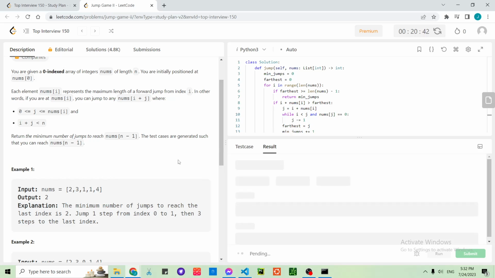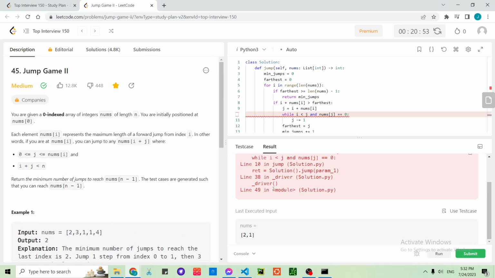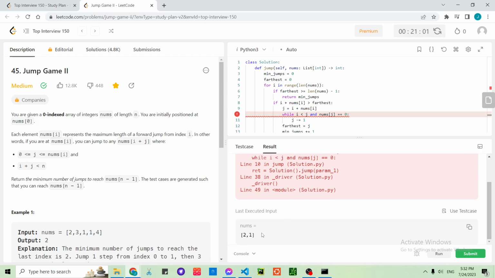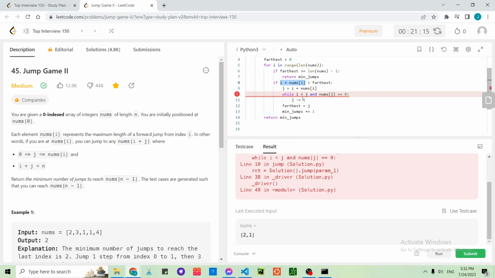Let's see. Oh, I'm glad that's working for these 2 cases at least. Okay. Oh, I see. This index out of range. What is... Okay, we have 2, 1. Oh. 2, 1. So we're starting here. If